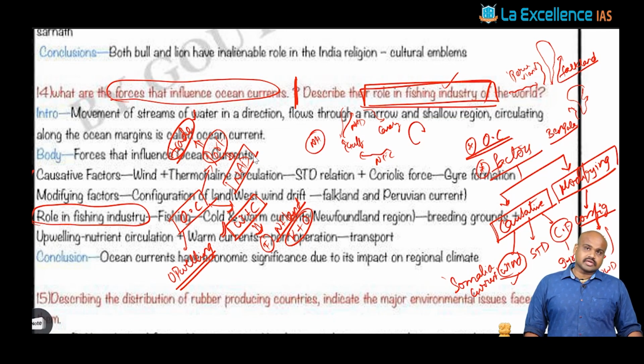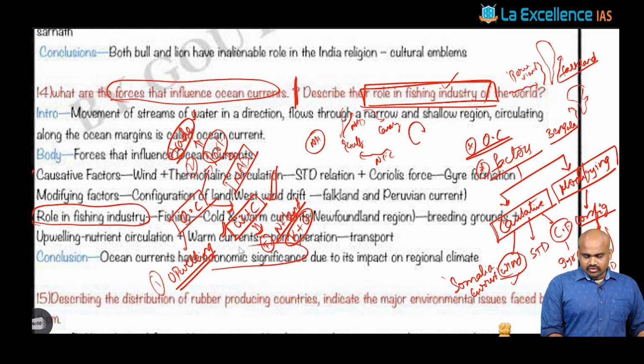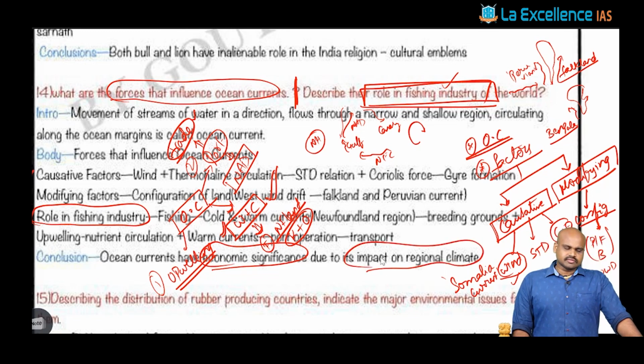This particular aspect has to be talked about, my dear, because we generally talk about only this, the aspirants. Under pressure, you will only recollect the mixture of warm current and cold current. But you also have to talk about upwelling as a phenomenon, apart from that, the port functionality and the navigability aspect. And you can straightforwardly conclude by saying that it has a decent amount of economic significance and a corresponding impact on the regional climate. This is one understanding that can be given with respect to oceanic currents, right?